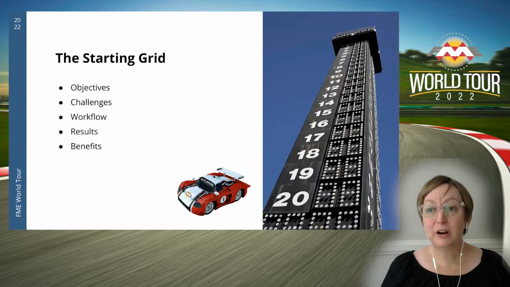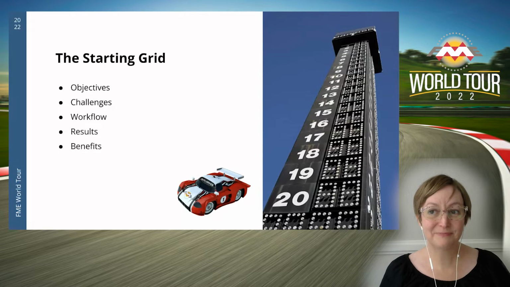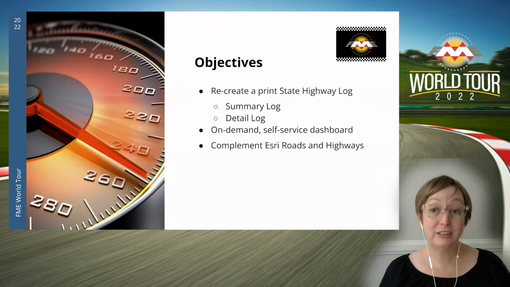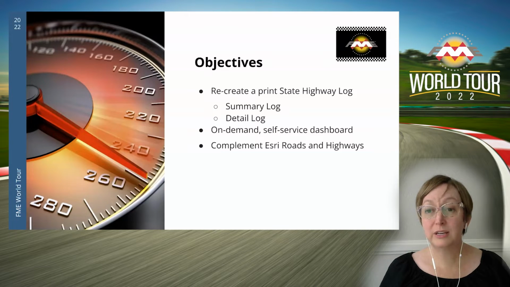As I tell you more about this project, we'll visit challenges we encountered, the general process workflow, the process output, and the benefits of the process. Traditionally, highway logs are printed reports. Historical ADOT summary log reports are a few dozen pages long, listing summary statistics about routes within the state, divvied up by boundaries such as counties or federal land ownership. The historical detail log reports are enormous documents of approximately 800 pages that display assets such as bridges, intersections, and slow vehicle pullouts listed in milepost order along a route.